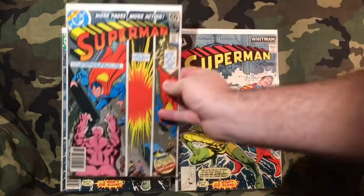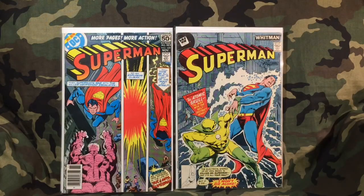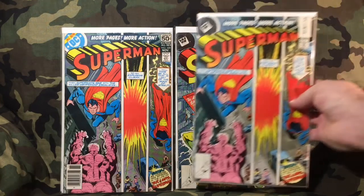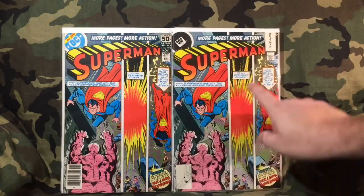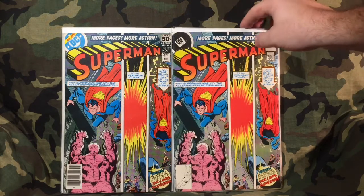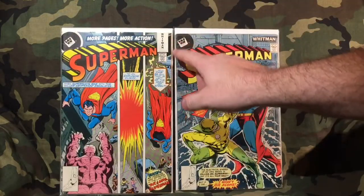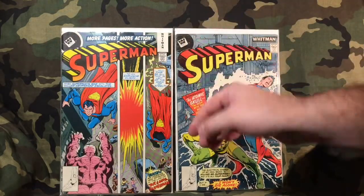The next comic is 329, and here's the Whitman variant for that. So we got another Whitman in that auction, and let's just slide these over real quick and take a look at how they kept this little symbol somewhat the same,